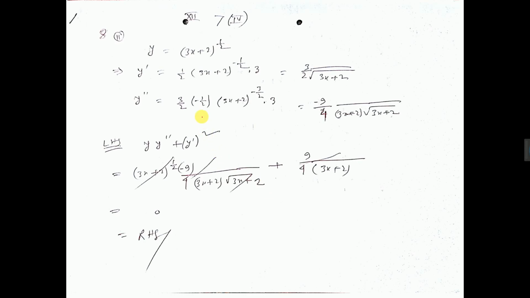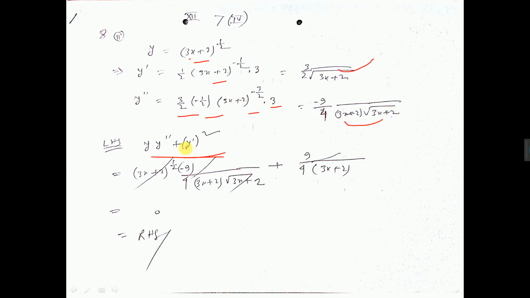This sum, if you differentiate, we have to prove that this equals 0. So do differentiation. First differentiation, that is x to the power n formula, n into x to the power n minus 1 into d/dx of this means 3, because x differentiation is 1 and 2 differentiation is 0. I have simplified this, and this equals, again differentiate, so 3y will come outside and this to the power minus half, so minus half into this to the power minus half, that is this. Again d/dx of this means 3.